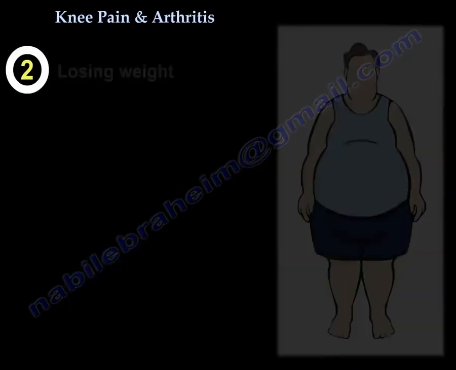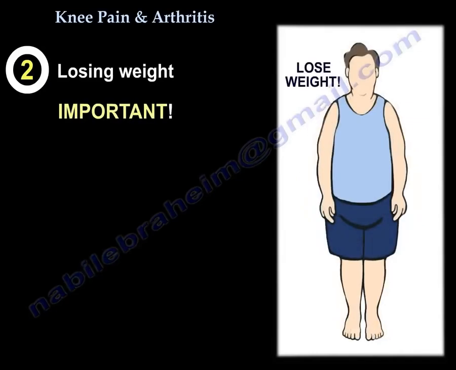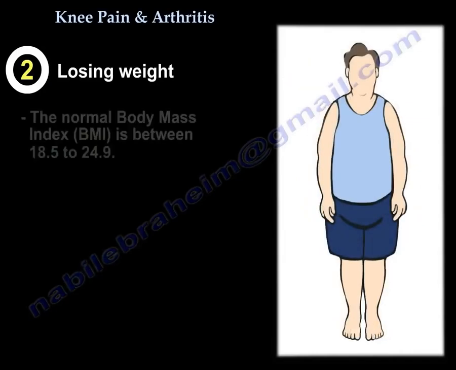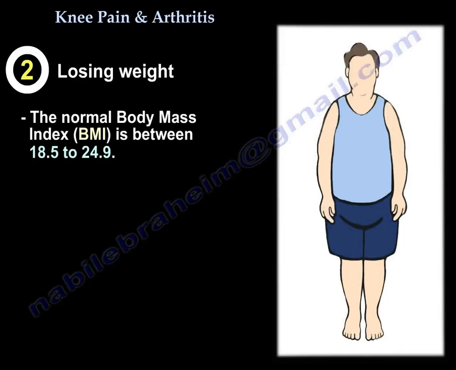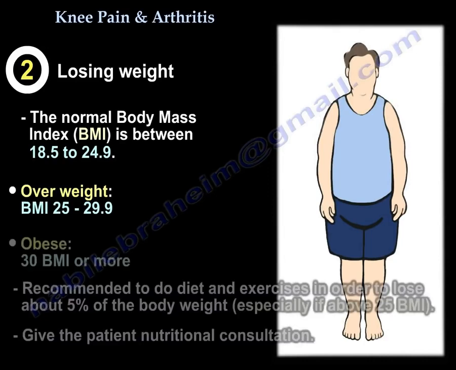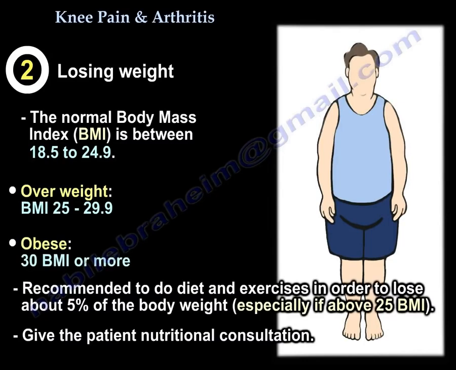The second issue is losing weight. You got to have weight loss. The normal BMI is between 18.5 to 24.9. The overweight between 25 to 29.9. The obese is 30 BMI or more. So it is recommended to do diet and exercises and lose about 5% of the body weight, especially if you are above 25 BMI. So we're going to give the